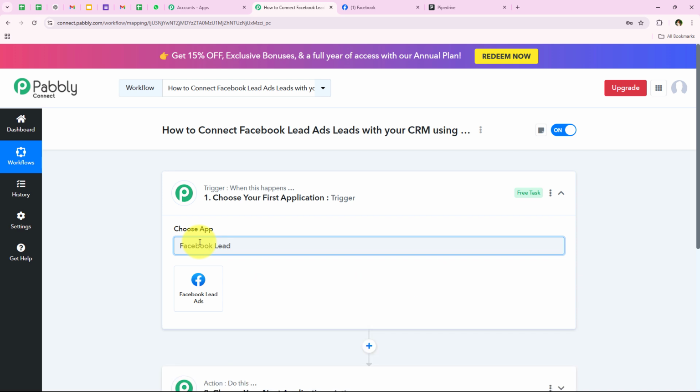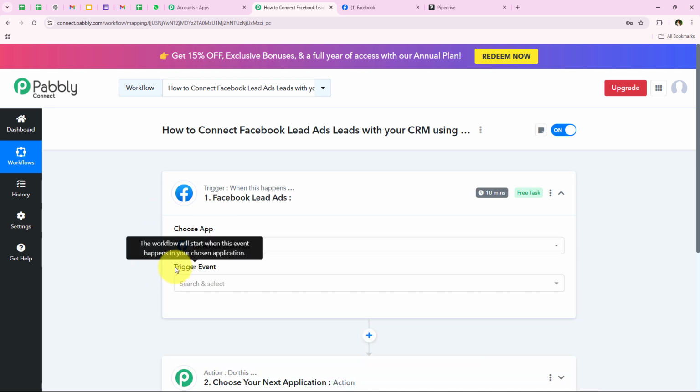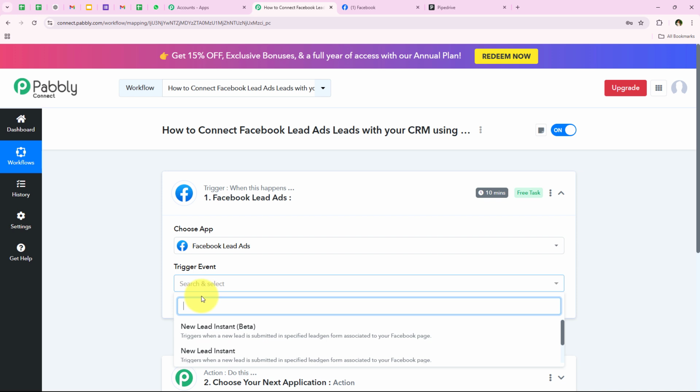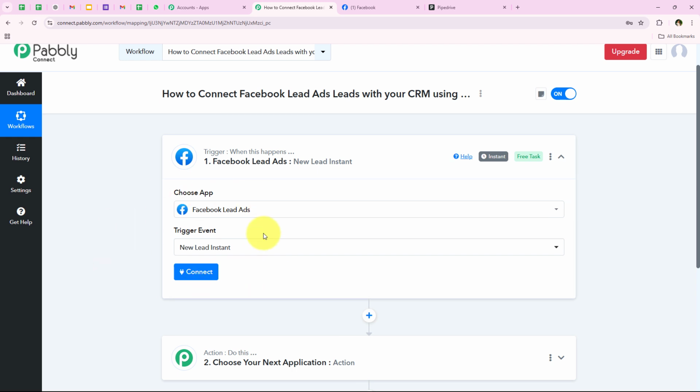So I'm going to search for Facebook lead ads, and as you can see the same, so we're going to select it. And now it is asking me for the trigger event. So basically trigger event is the event on which the workflow will start. So here what I want is that as soon as a new lead is received, instantly my workflow should be triggered or started. So I'm going to select the trigger event as new lead instant,